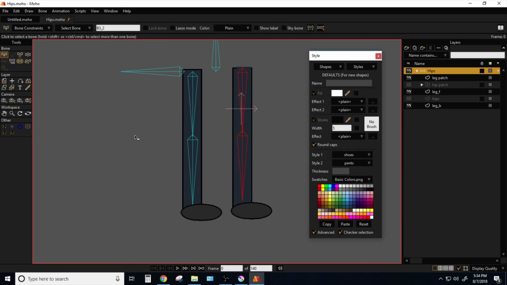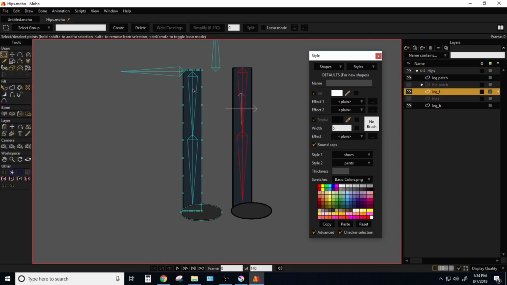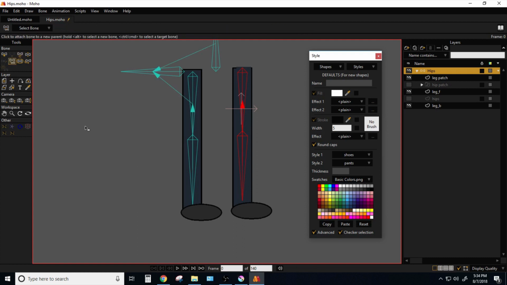P for parent. That's what I hit. P for parent, to parent the bones. Uh oh. I need to be on the bone layer. Okay, so Alt and select this one. Alt right click, select the bone, and parent it there. So now that we have it parented,